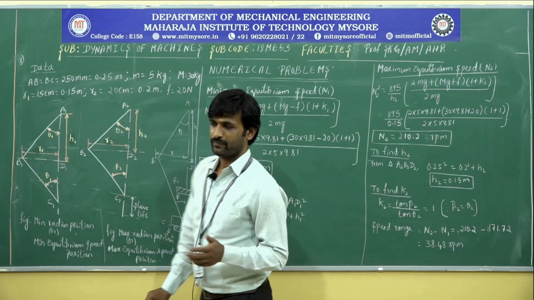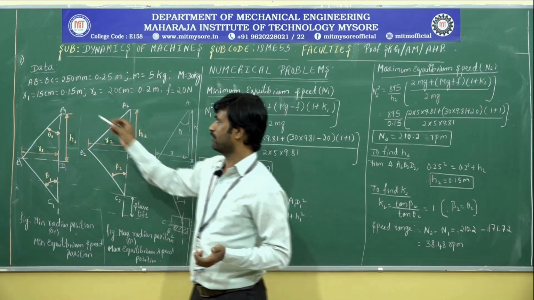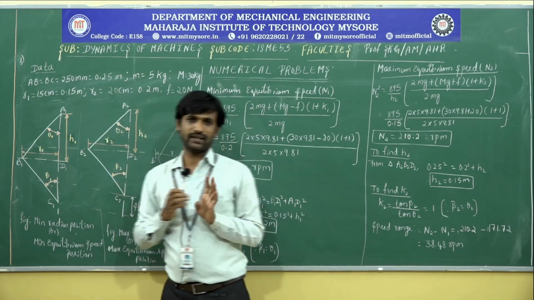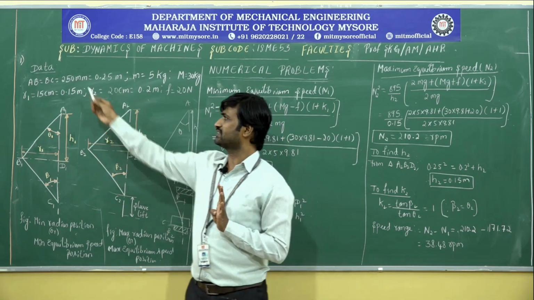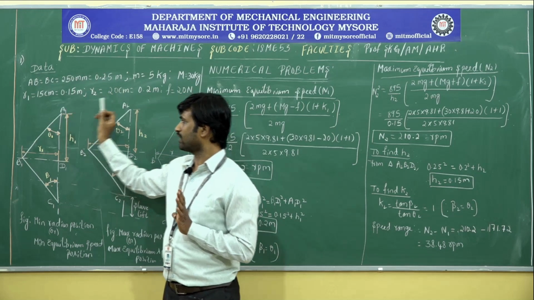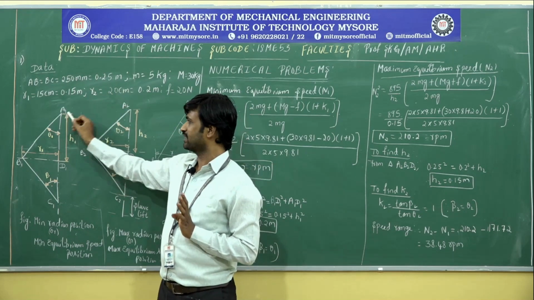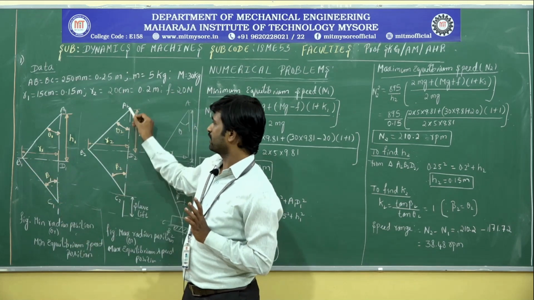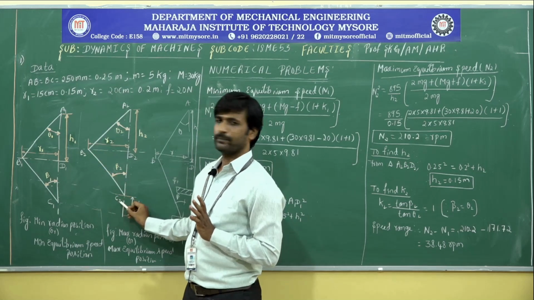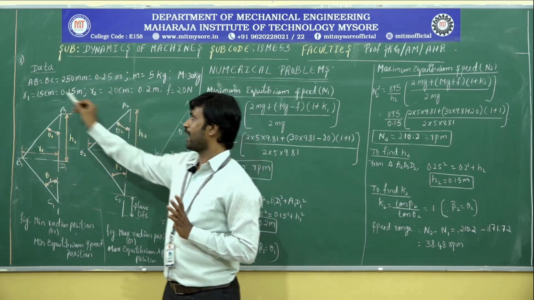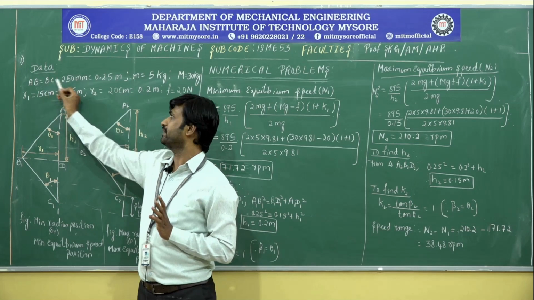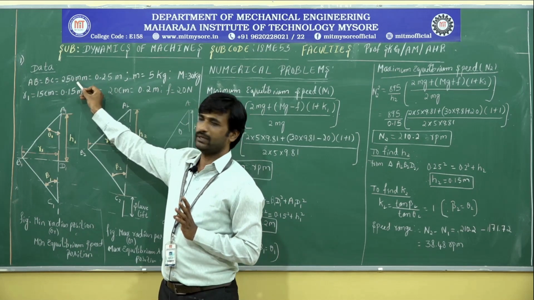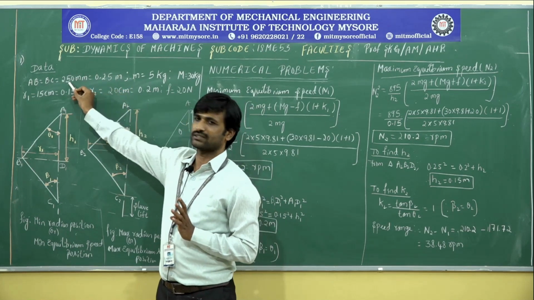So, from the problem which we discussed now, we can get the following data. The first data given is the length of the Porter arm, it is 250 millimeters. The length of the Porter arm in a Porter governor means the length of A1 B1 and also the length of B1 C1, and also it will be equal to A2 B2 and B2 C2. Since they are not going to change, I am denoting it by AB equal to BC, equal to 250 millimeters. I am going to convert the unit millimeters into meters by dividing this term by 1000.